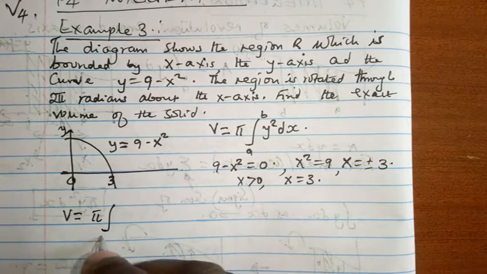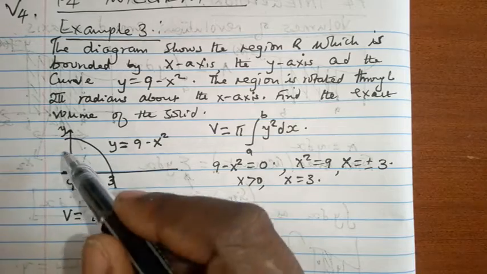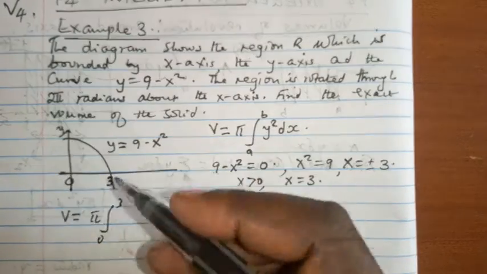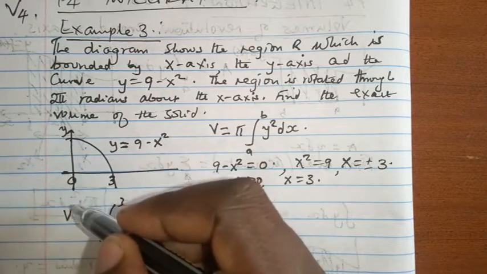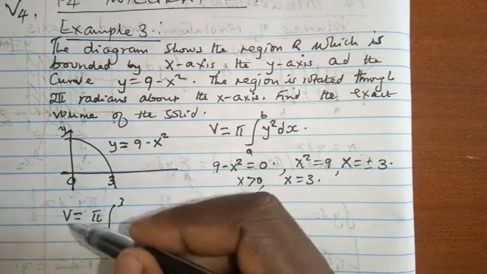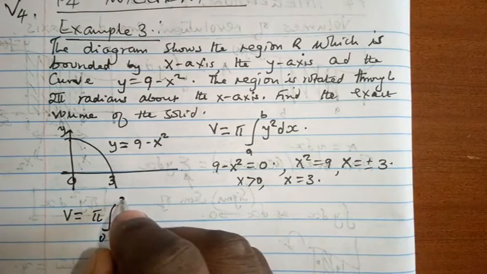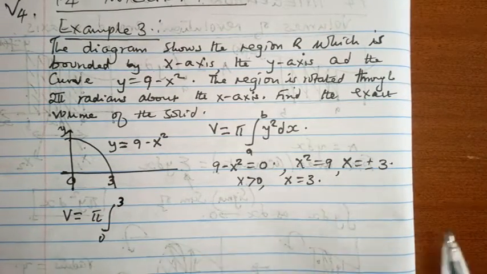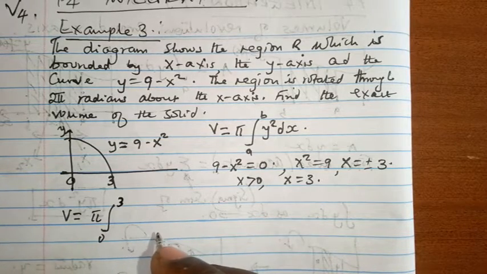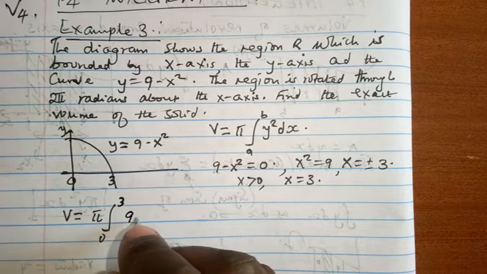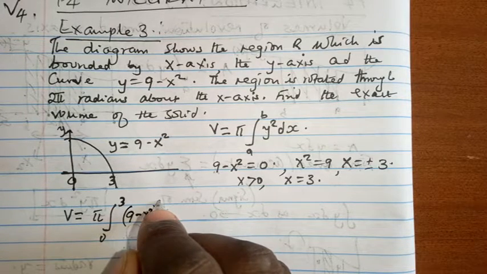Why we are having 0 to 3 is because the whole of this region is rotated along the x-axis, and you'll see that this one will take shape, and the whole of this region will contain some volume, of course. So 0 to 3 of y squared, whereby y is 9 minus x squared, this one already squared,